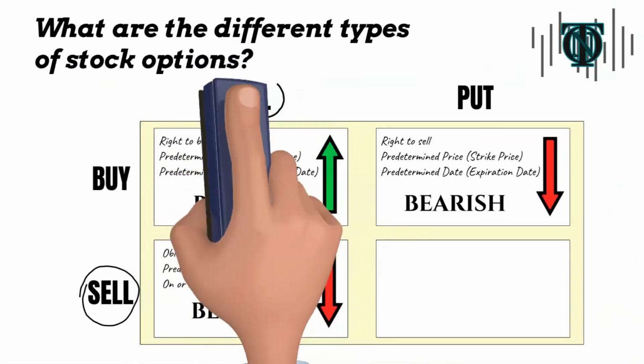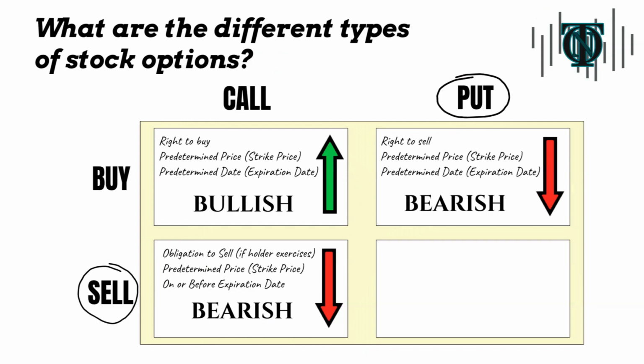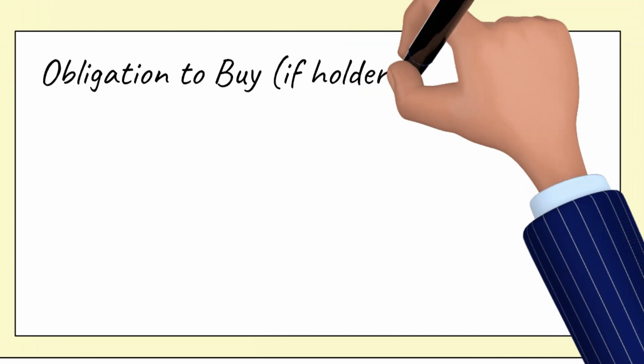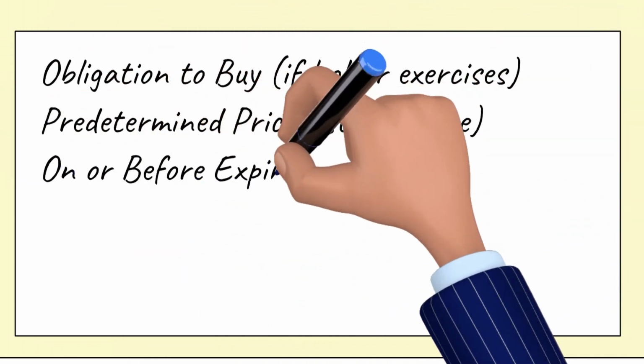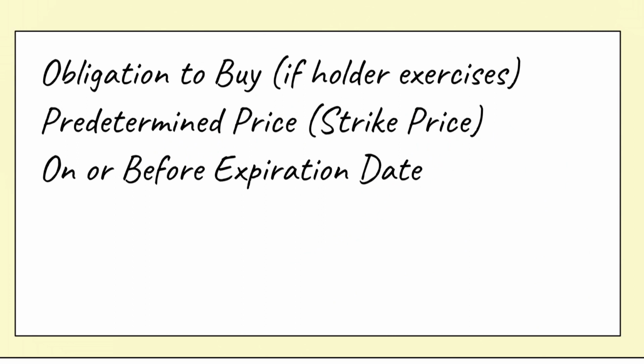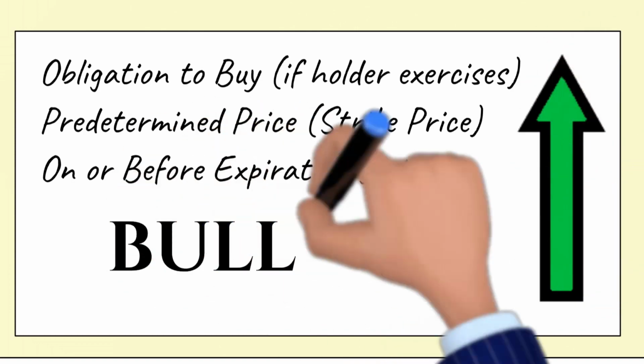On the flip side, we may sell a put. By selling a put, we place ourselves in a position that if the holder of the put exercises the options contract on or before the expiration date, we are now obligated to buy the shares from that person at the strike price. Remember, a put is the opposite of a call, so by selling a put, we are now in the belief that the stock price is at a low and is going to start moving up. In other words, we are bullish.